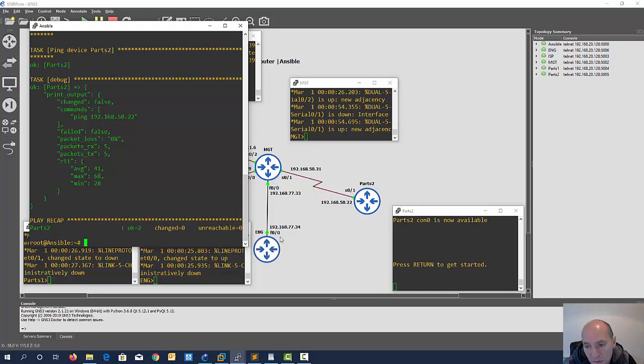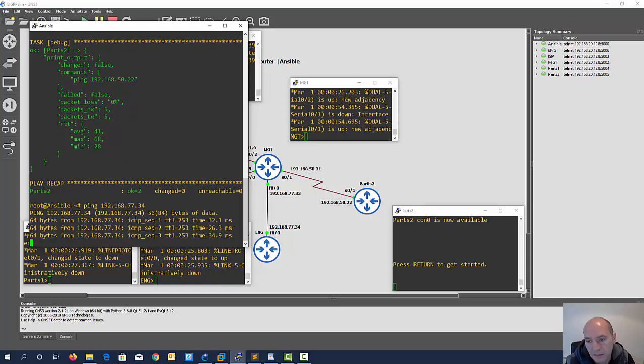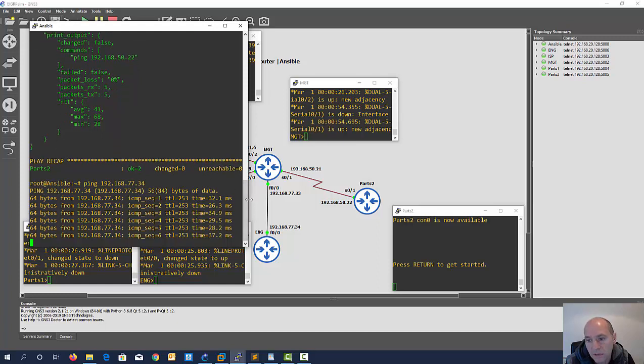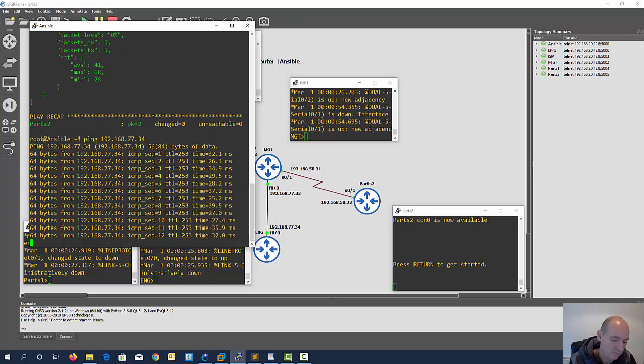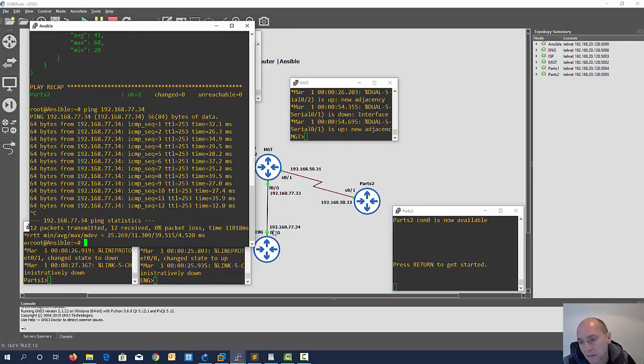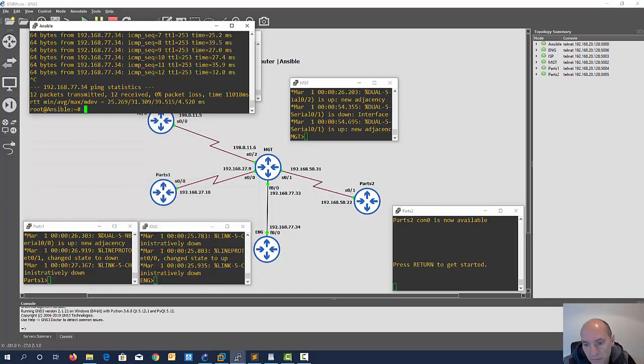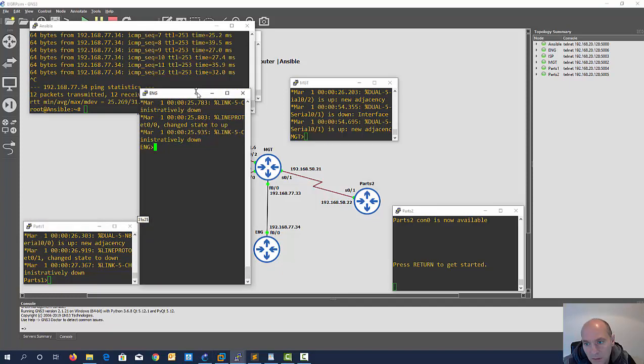At the moment it doesn't know about this, and although you can ping it, so you can ping it. However, Ansible doesn't know that that router exists. So if we have a look at this router now, which is this here,